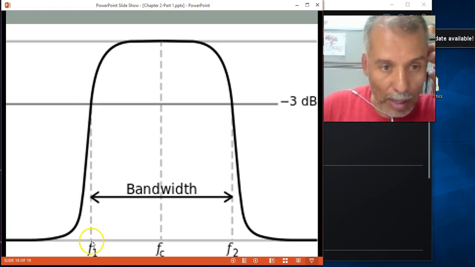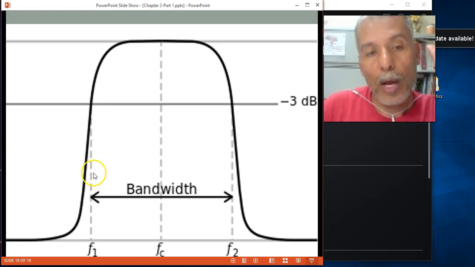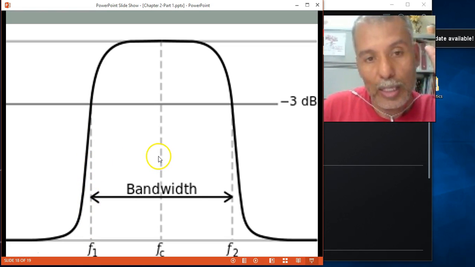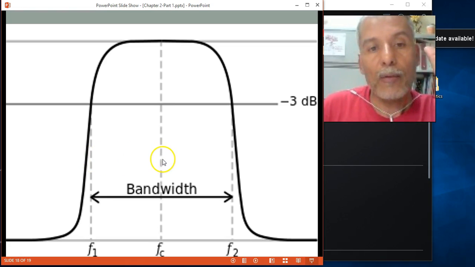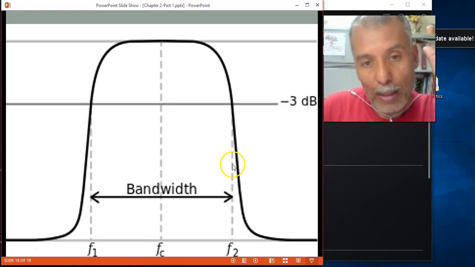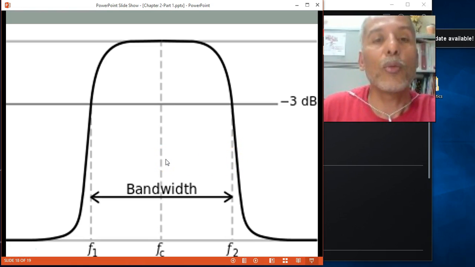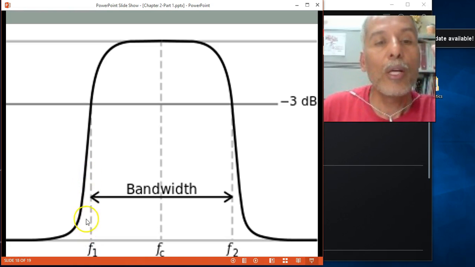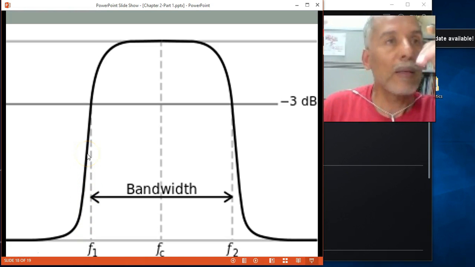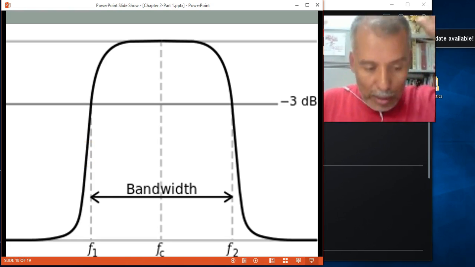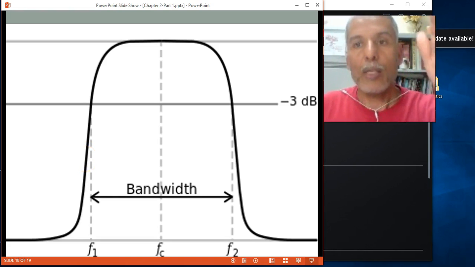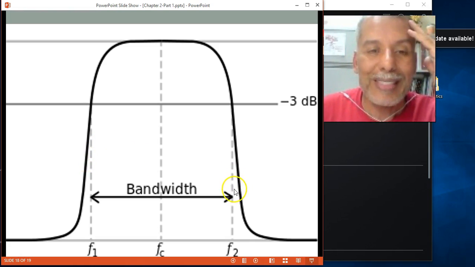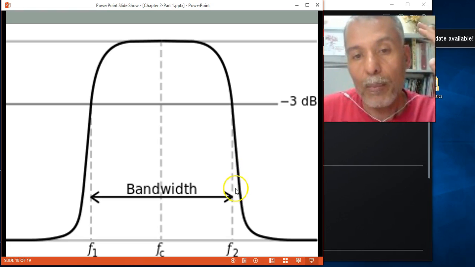You see that dotted line here? That is the line where if I go between this line and the center frequency, everything is amplified. And between the center frequency and the other dotted line here, everything is amplified. That is the bandwidth. Beyond the left side of this dotted line, now you have the cutoff point where once it reaches that, the tone is attenuated very, very quickly. It starts to be decreased and rejected. The same exact scenario happens on the other end beyond the upper cutoff.